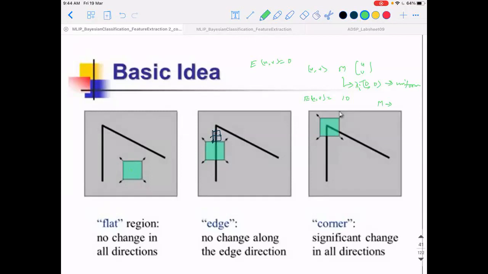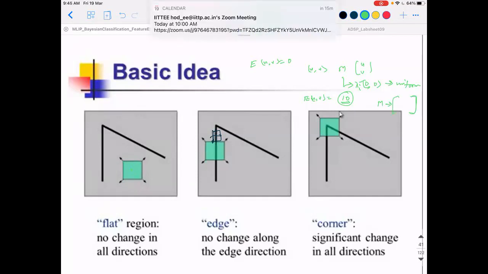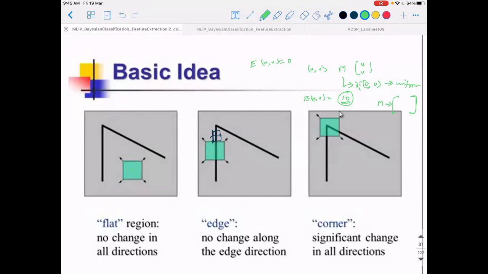That's what I'm saying. If I move in any direction and it has to render 10, it means that there should be some symmetry in this matrix M. What symmetry is that? The symmetry is that if you move along any of the directions, the value of u comma v is the same, indicating that the eigenvalues lambda 1 comma lambda 2 are the same. This comes from the fact that if this is E1 and this is E2, and you apply the matrix in the E1 direction or in the E2 direction, the scaling you get is the same.